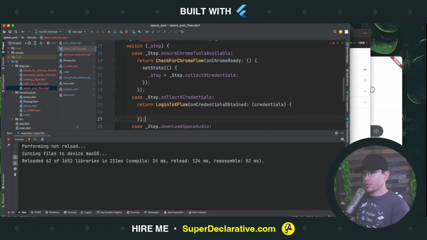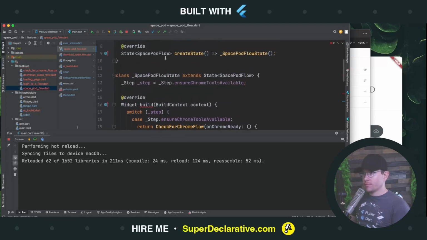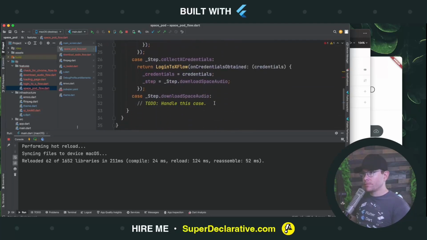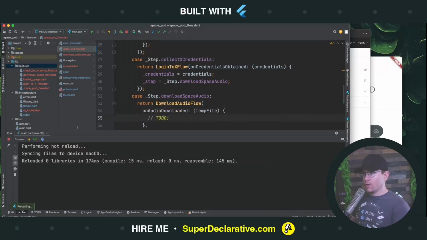On credentials received, we're going to store those locally in this overall flow. And then we're going to set the step equal to the next one, which is download the audio. Let's save those credentials. And then we're going to return download audio flow,